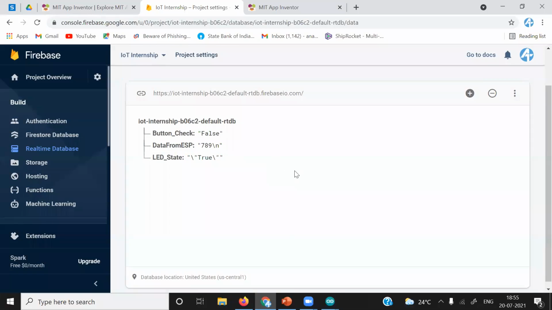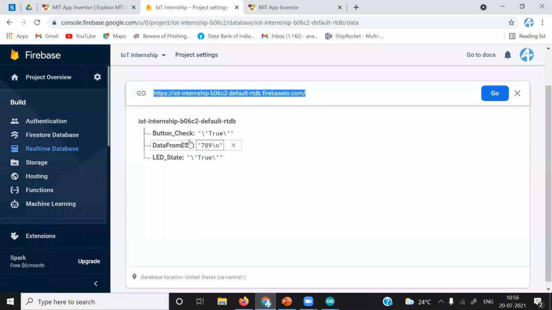Okay. Now I will make the LED state true. I will click on off. You can see that we are still able to interact with the real-time database, even though we have not put database secrets. So anyone, if they have this URL, can control our real-time database. They have access to our real-time database. So how can we avoid it?